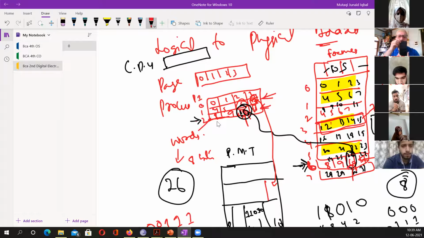His CPU is not asking about the full page. He's working on a particular instruction. CPU is working on the Kazim. Okay, and Kazim happened to be here in some page. Okay, और इस पेज में ये चौथी लोकेशन पर है, लेकिन वो कहीं पर होगा रैम के अंदर। वो एड्रेस PMT में लिखा होगा कि वो कहां पर है। लेकिन एड्रेसिंग ऐसे करनी है कि वो जो लोकेशन है, 26 बता रहा हूं या 25 बता रहा हूं, वो मुझे बताना चाहिए इस रैम का फ्रेम, किस फ्रेम में कौन सा ऑफसेट, कौन सी बाइट।